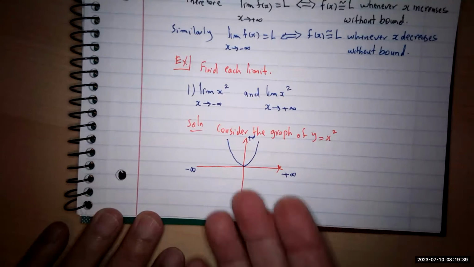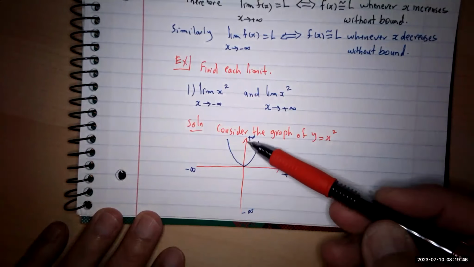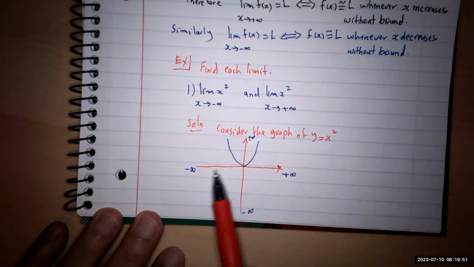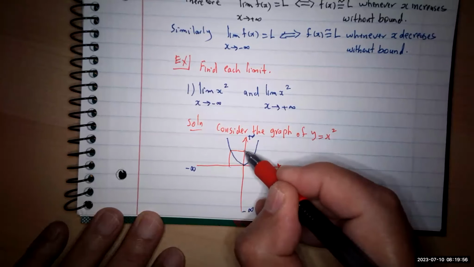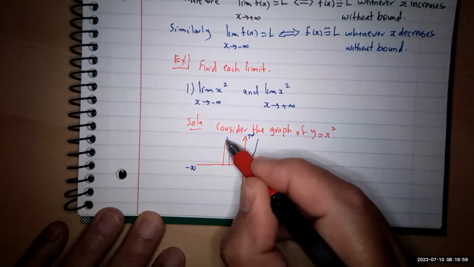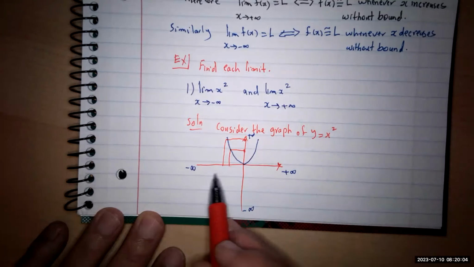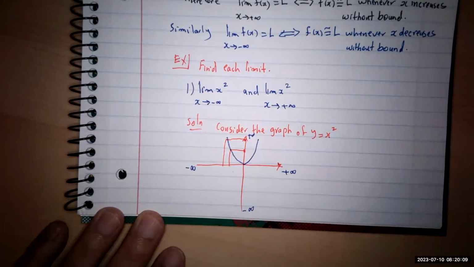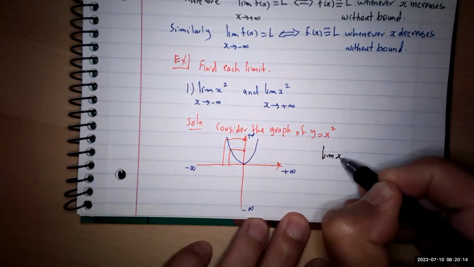As you can see, the function is above the x-axis all the time. So the values of y are all positive, up, up, up. When x goes to negative infinity, you're coming from here. If you pick a number here, this is the value of the function. As you go from left to right, the value of the function is always up, up, up. So this means the limit of x squared